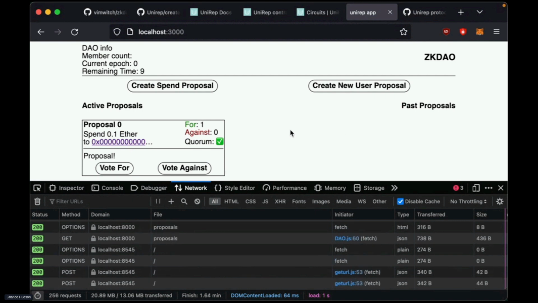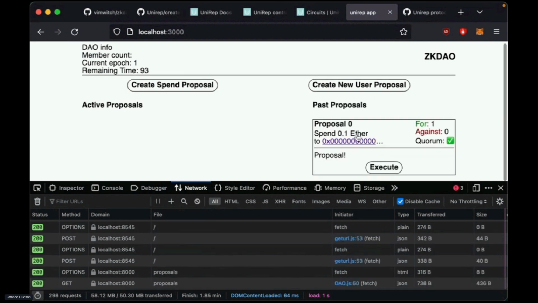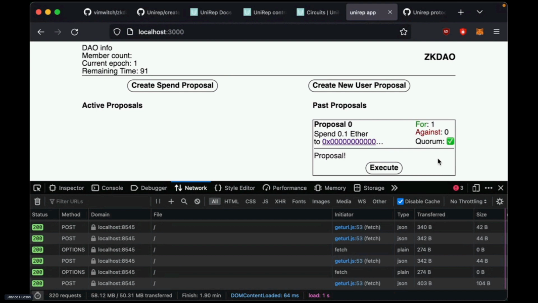It's kind of interesting. This is a pre-release version of version 2 of UniRep. So there are a lot of shortcomings. For one thing, when we vote, we use epoch keys, which means that we're not actually anonymous. We're anonymous across epochs, but if there were 5 proposals in a single epoch, we would be pseudonymous. And so the way that we could fix that is by adding support for semaphore external nullifiers.